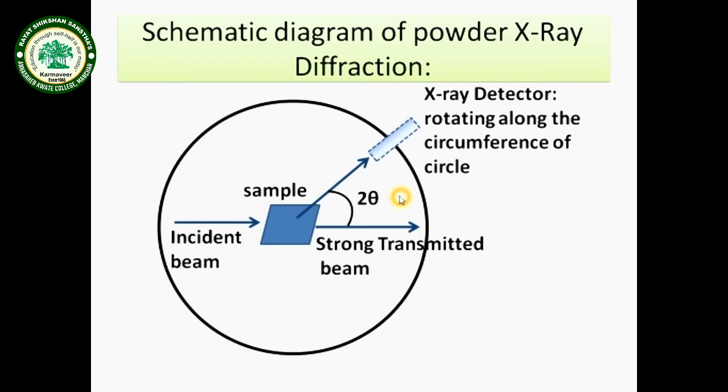By changing 2 theta over here, because we are changing the position of the X-ray detector, the intensity will get changed. As a result of that, the output of this X-ray diffraction consists of intensity versus 2 theta. Here the 2 theta is the angle made by the diffracted X-ray with respect to the incident light ray. As a result of that, the output consists of intensity versus 2 theta, not theta.